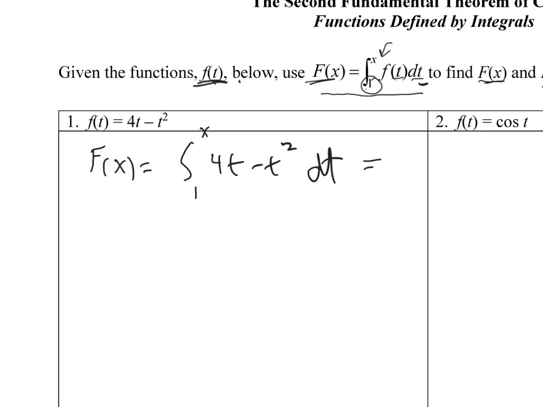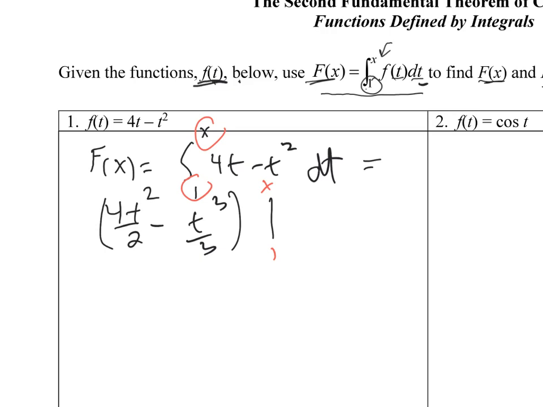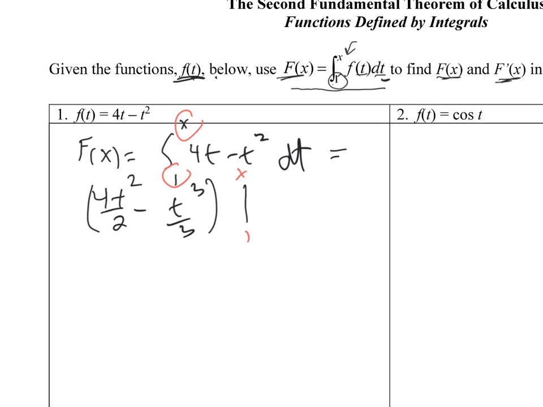Add 1 to the power and divide by it. 4t squared over 2, minus t cubed over 3. All of this from 1 to x. What's the next trick? Substitute the top number in. The top number is an x. That 4 over 2 becomes 2, so it's 2x squared minus x cubed over 3